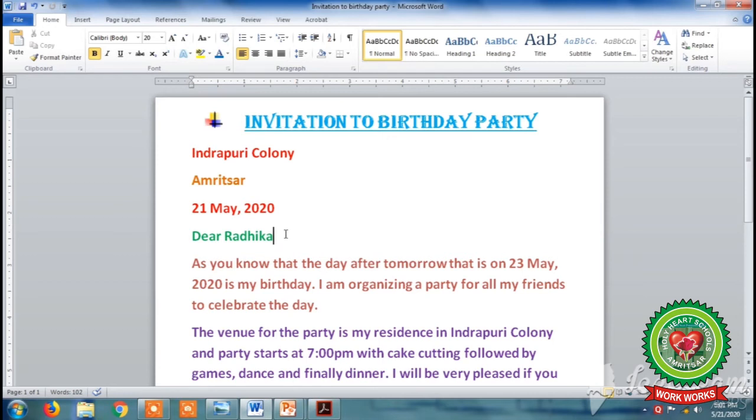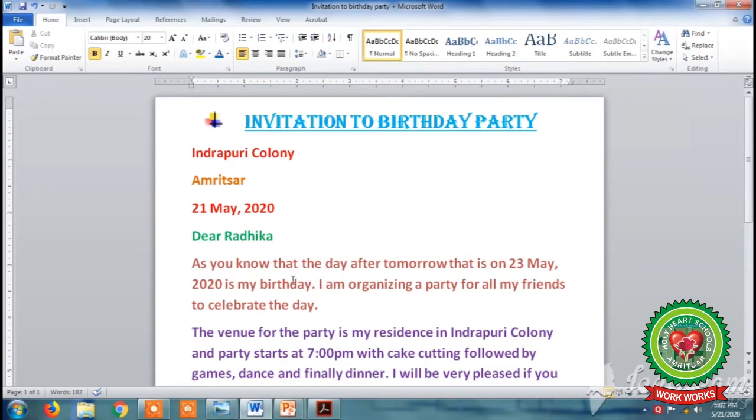Now I will tell you how to use alignment feature of MS Word. Alignment means the position of text on a page. By default, our text is left aligned, but you can see that our text is not fully justified on this page.